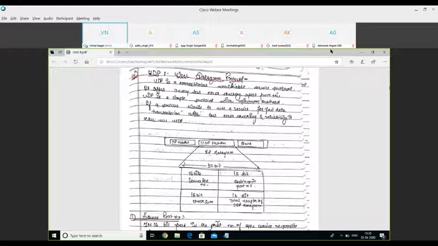The UDP header is 8 bytes, divided into four fields of 2 bytes each: 16 bits for the source port number, 16 bits for the destination port number, 16 bits for the checksum field, and 16 bits for the total length of the UDP datagram. Because this length is variable, we define it under this field of 16 bits.